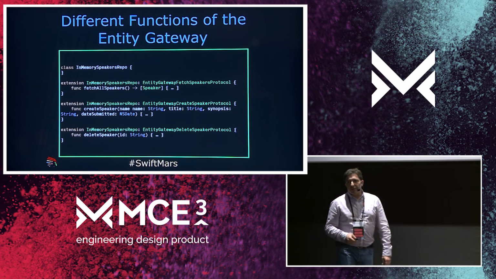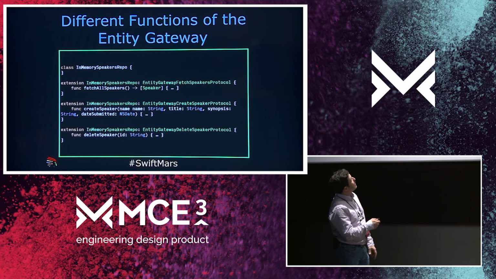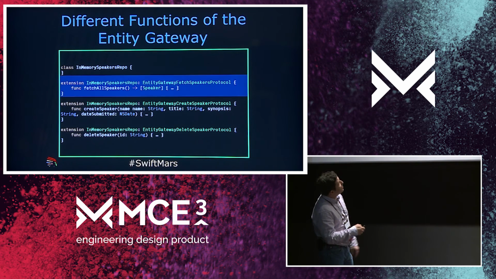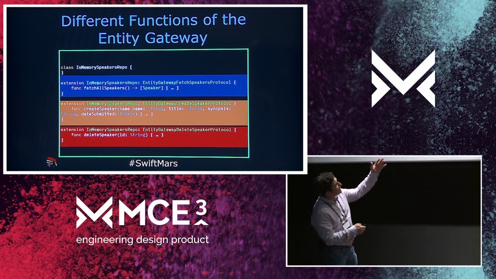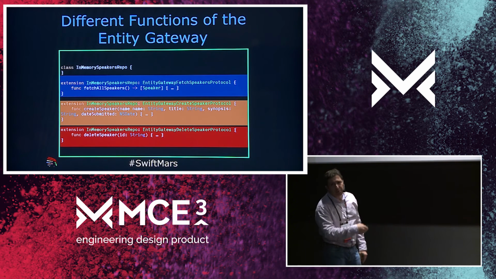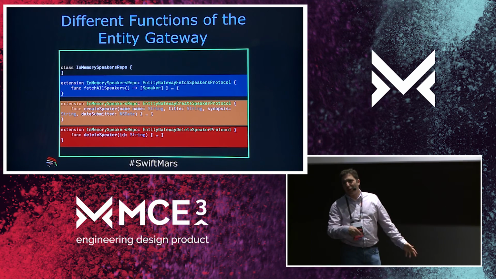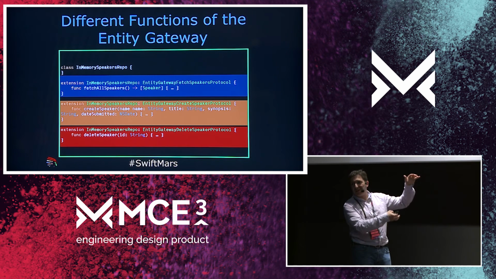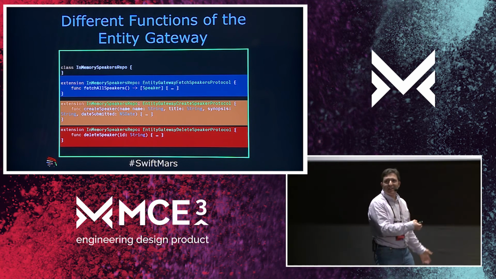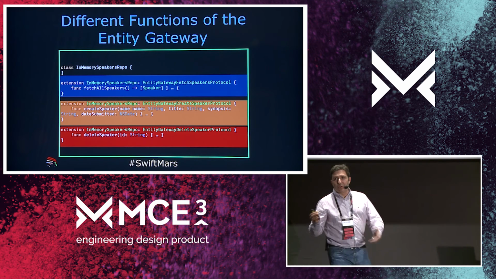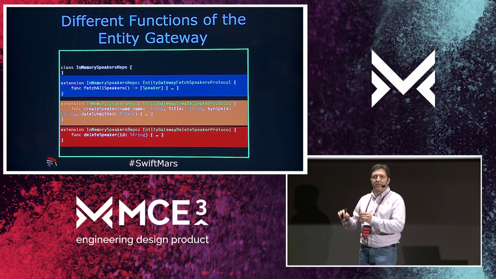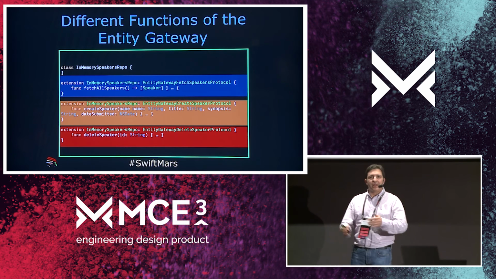What do we have here? I mean, this is an implementation of an in-memory repository, and notice that I have 3 different protocols. So I have one for fetching the data, I have another one for creating a new entity, and I have a third one for deleting. Obviously, you have some more, at least another one for updating, but I want them to fit here just to be somehow readable. But I hope you still understand what I mean. I mean, this is not restricted to 3 or 4.